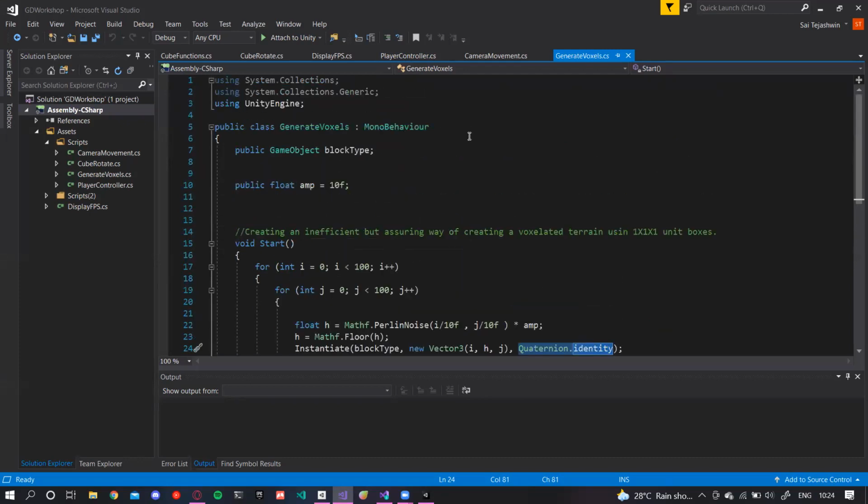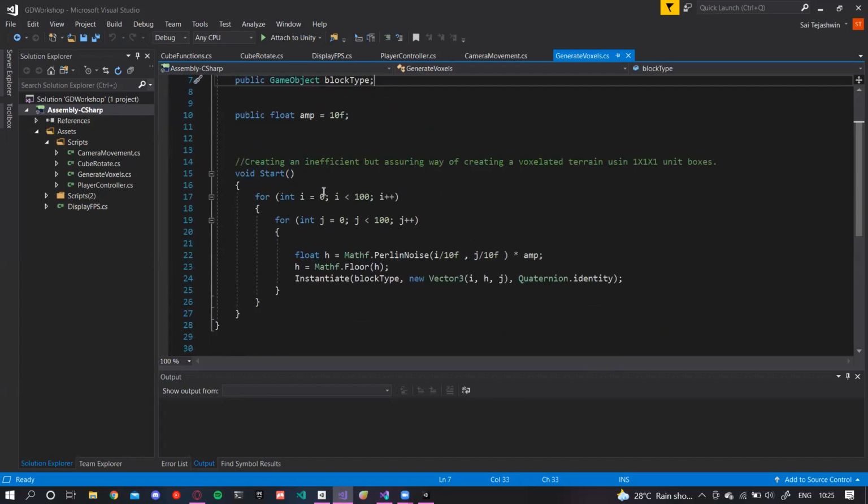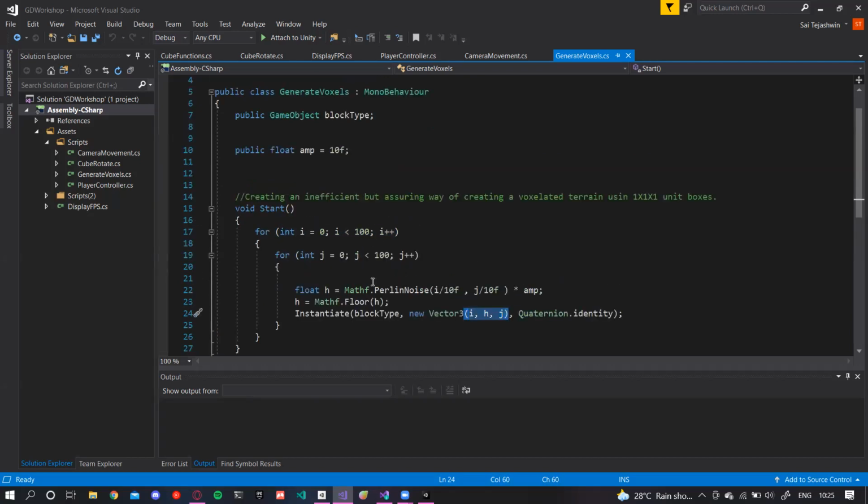So what I did is I created a 2D space with respect to my x-axis and z-axis. I've run this as a loop, and then I've initialized it as my x and z. Then I've used something called Perlin noise. What is Perlin noise? Perlin noise is basically a noise algorithm. If you want, you can check it out on the internet to see how it works. In Unity, it is built in. Perlin noise can also be used for shaders to create cool stuff, so I definitely suggest you check out what it does.